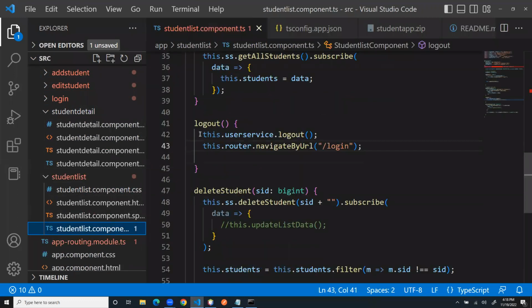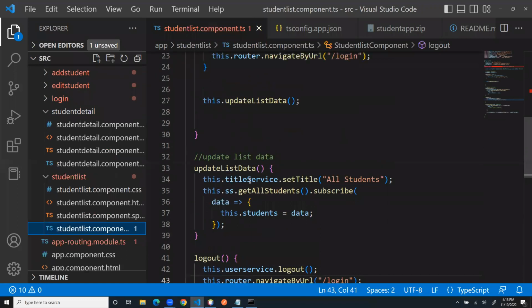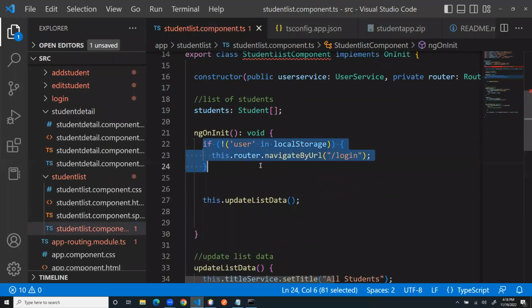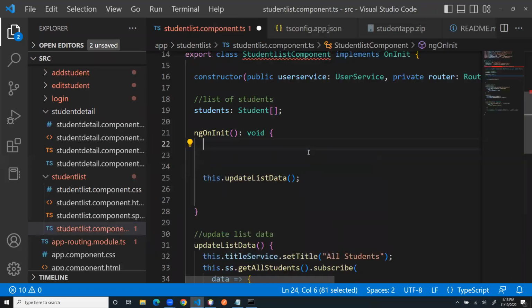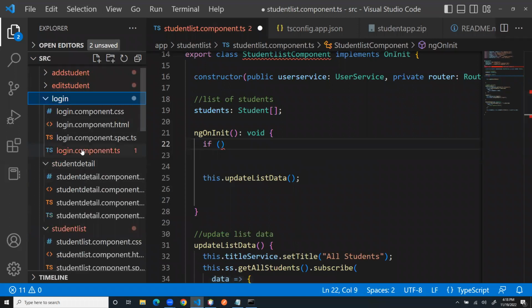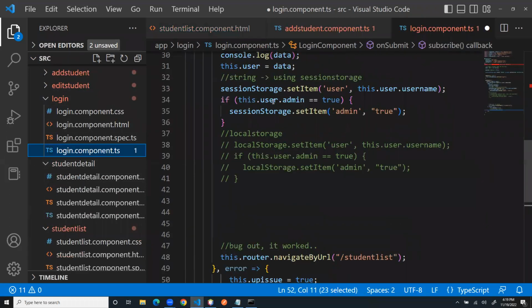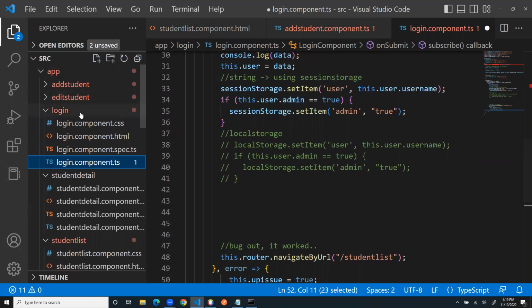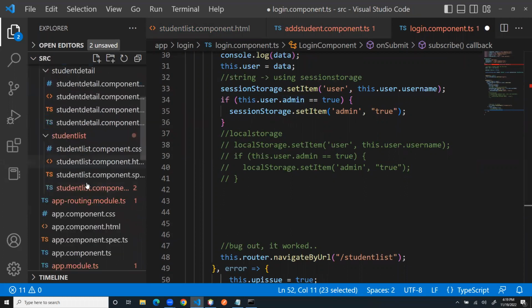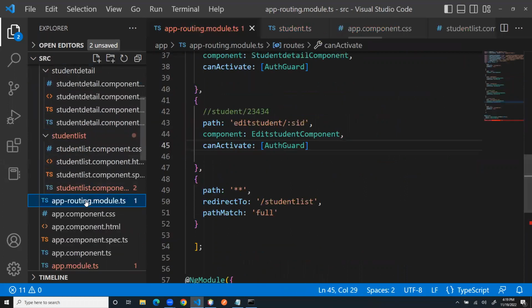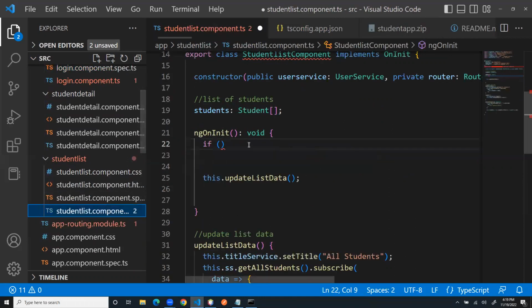You can see we still do this if user is in local storage. I am actually going to do something along those lines. Remember, we're not just checking to see if the user logged in. We actually set this admin thing. And so why do we want to do that? Well, the reason is we can now do some quick things, excuse me, I put it in the wrong place. Now we can do some quick things like if admin